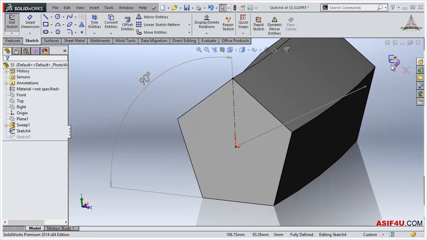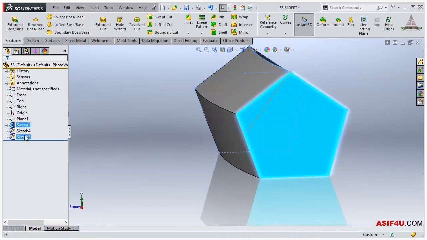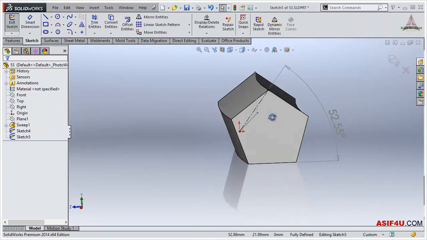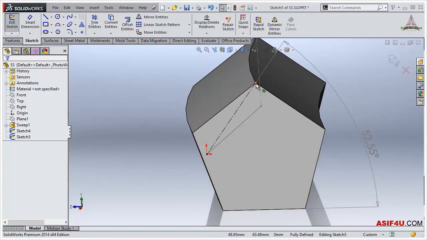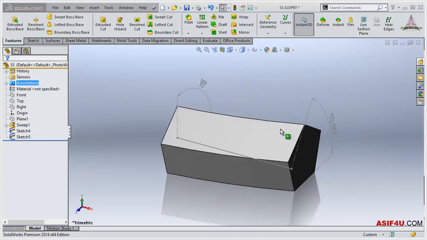This is 90 degrees, and in this surface I created another sketch. Same thing I did. Between this point I created a line and I measured the angle between this line and this line. And the main difference is, if I say this is 90 degrees and this is 52.55,